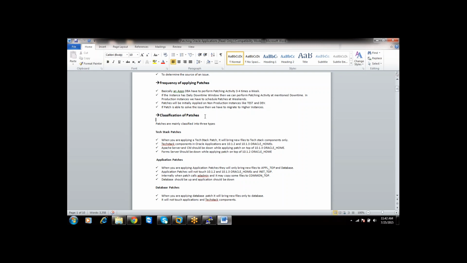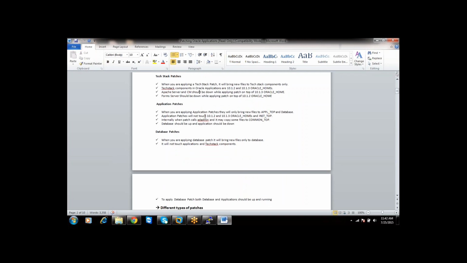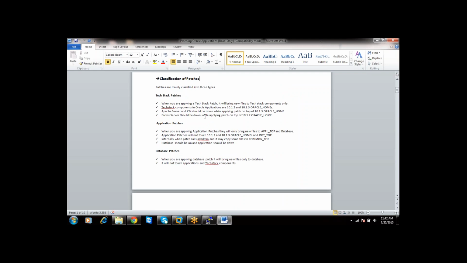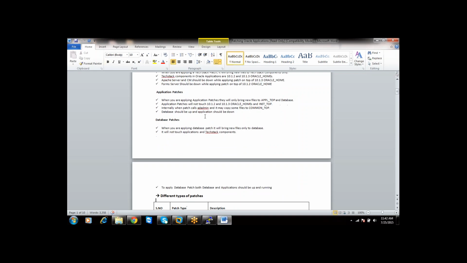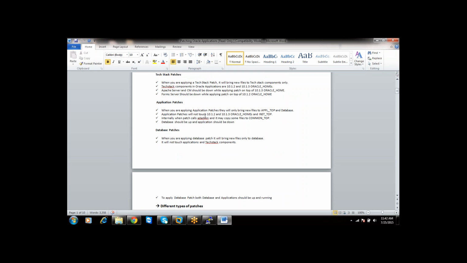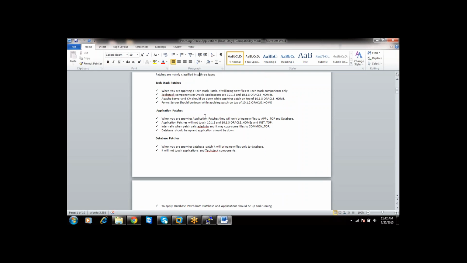Next, classification of patches: tech stack patches, application patches, and database patches. What are the tech stack components in your Oracle applications?